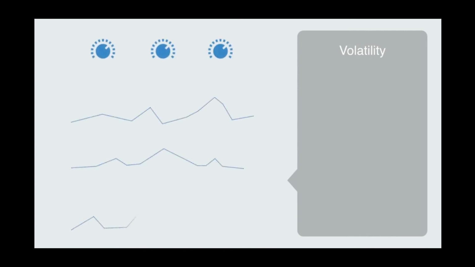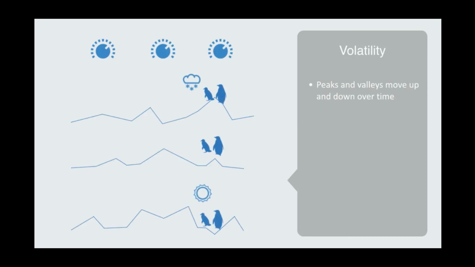Next, we turn up the volatility of the environment, so peaks and valleys move up and down over time. We might think about climate change here. What was once an optimal environment for some creature may become a valley as the climate changes and the peaks move to some other part of the landscape. Unlike in static landscapes, where it is worth making a big investment in exploring because once you find an optimal solution, you'll be able to exploit it for a long time, in these dynamic environments this is no longer the case,